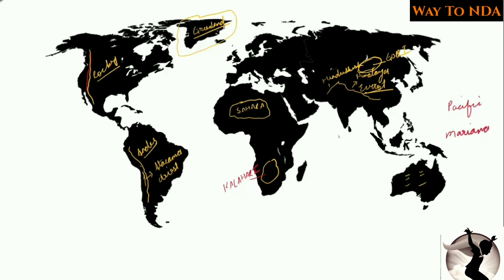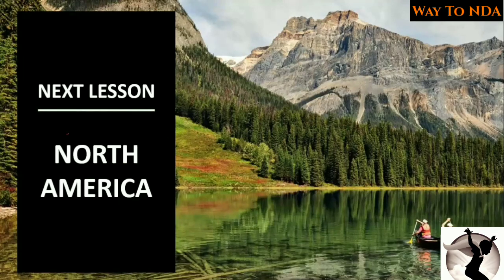It is the deepest trench in the world. So the highest point of the world is Everest, and the deepest point of the world is the Mariana Trench. So this is all about the continents, and in our next lesson we will start with North America. So till then,